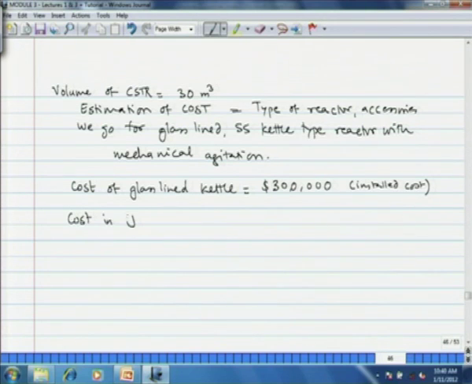Cost in January 2002 is this. We have to update to